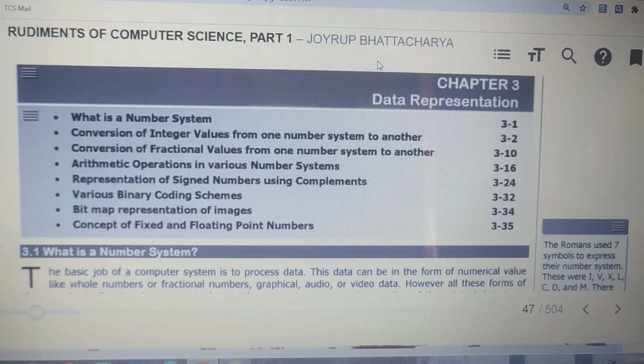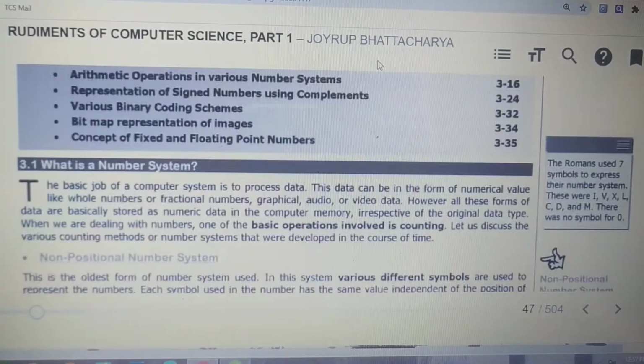Next is the conversion of integer values from one number system to another, fractional conversion from one number system to another, arithmetic operations of the various number systems, representation of signed numbers using the complement, various binary coding schemes, bitmap representation of an image, and the concept of fixed and floating point numbers. So these are the topics we actually cover in chapter number 3. So let's start with the first topic, that is